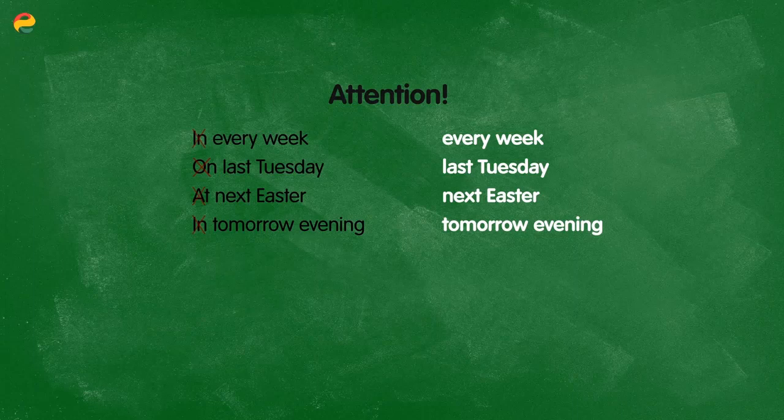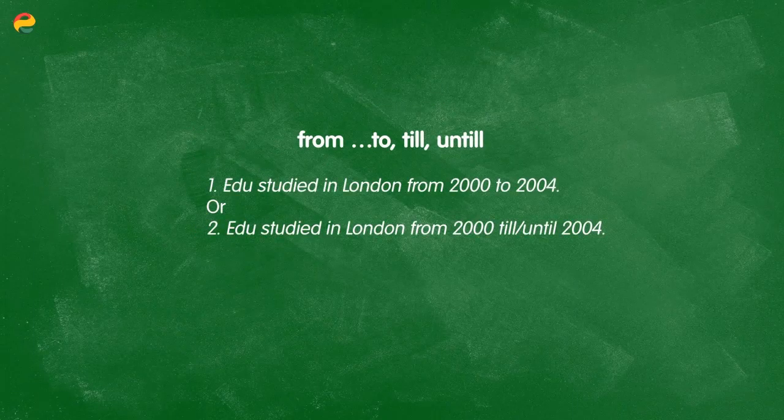So we have 3 more prepositions of time that you should see on the board. And these are from, and then to, till, or until. And let's study these in the following sentences. Edu studied in London from 2000 to 2004. Or I could also say,